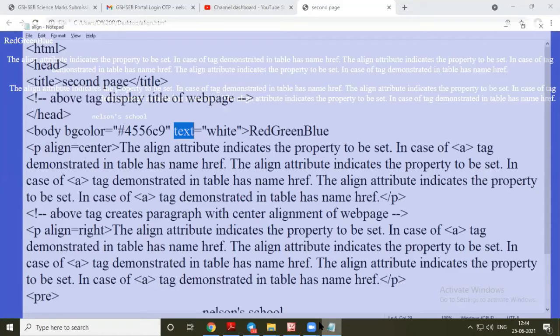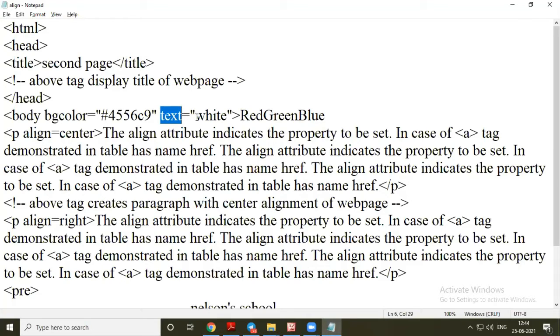So in the same way here also, since you are giving a color, you can use this code also. So let's see what happens. We are making it reverse this time. So C9, not 9C, reverse C9. Okay, because C9 is the value of blue color. So we are taking blue in place of red. Then 56 and 45.